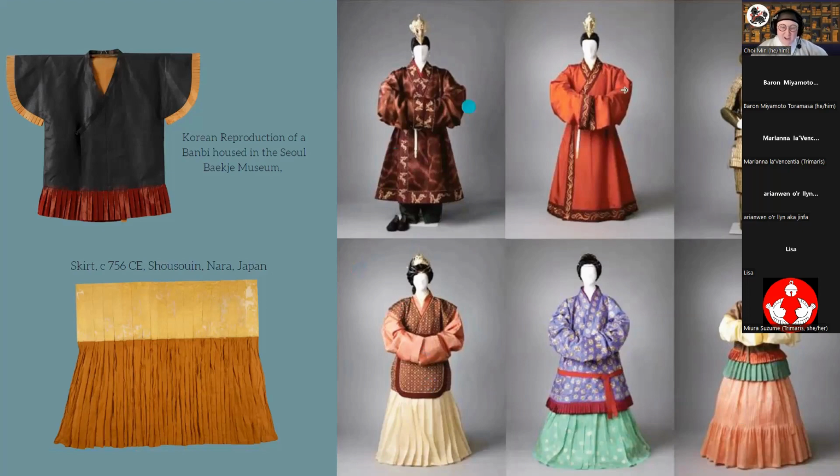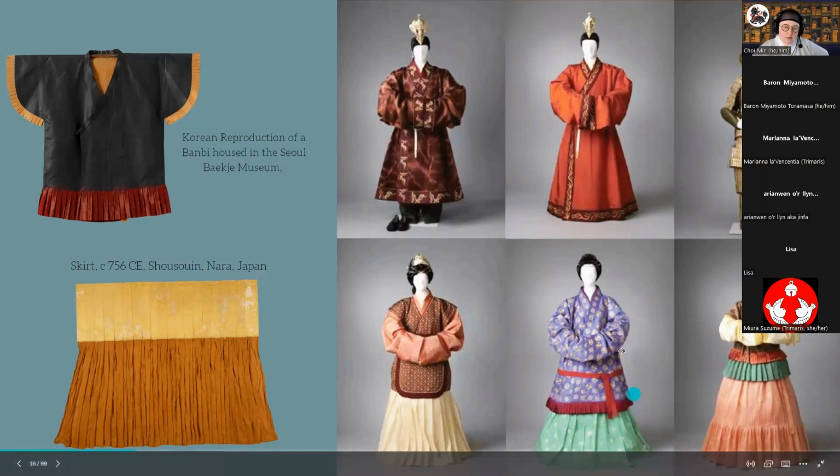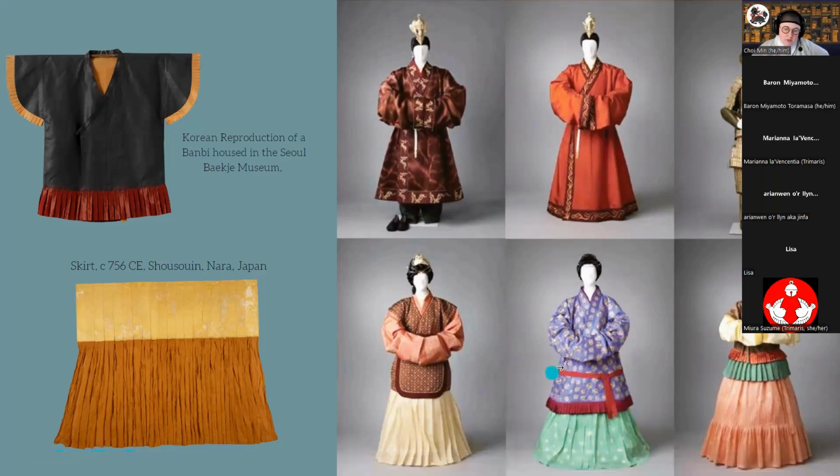So, I hope that gave you ample time to look at this slide. Basically, these are repros. I haven't found a nicer, more HD picture, but they were going with that shibori dye theory with the king's robe here. They reproduced this fabric as if they were using dyeing techniques rather than a brocade, whereas some of the stuff down here is definitely brocade, which would also have been used.